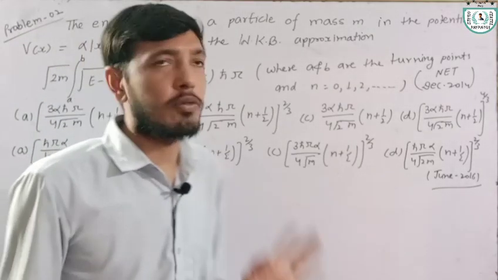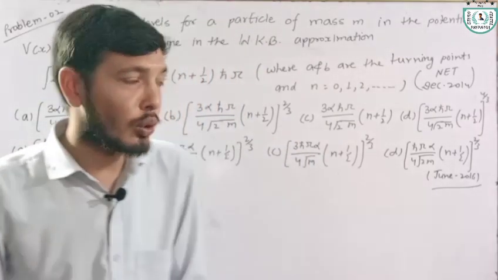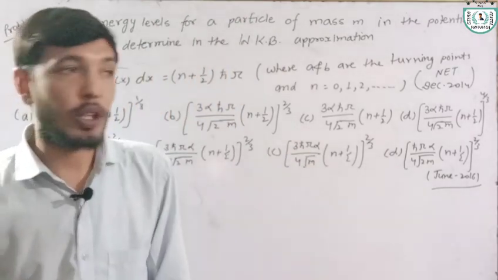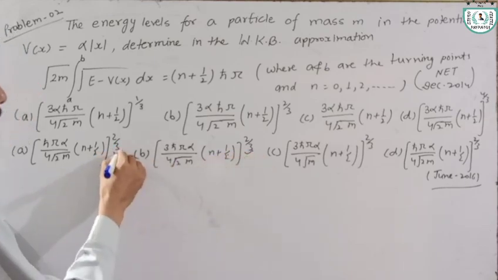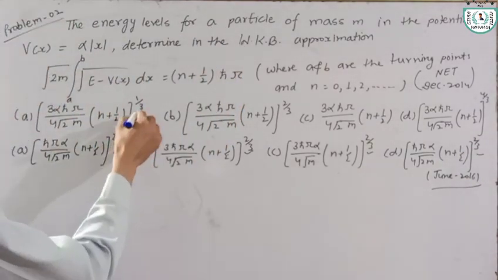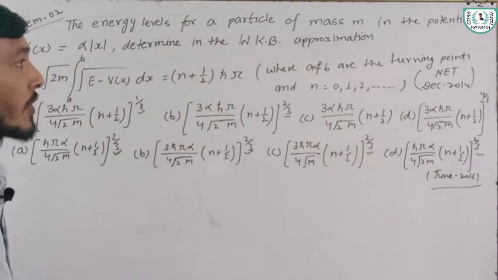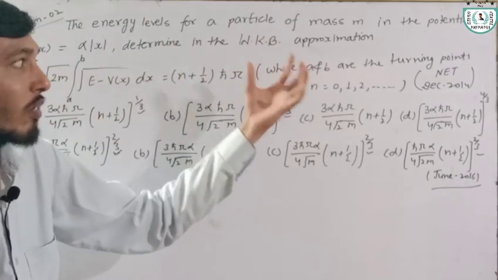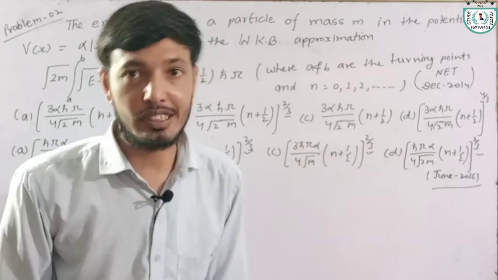In December 2014 we can find the answer easily by applying dependency, but in June 2016 we cannot apply the dependency because in every option the power will be the same. But in December 2014 the powers are different, and due to different powers we can easily apply the dependency. First we will solve according to December 2014, and after this we will solve according to June 2016.